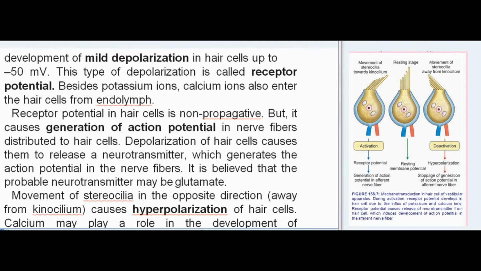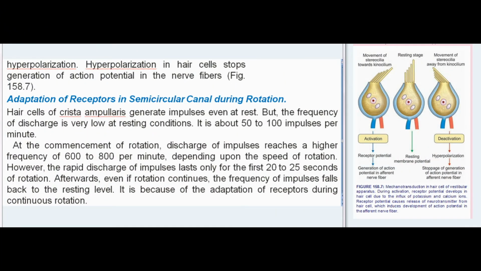But it causes generation of action potential in nerve fibers distributed to hair cells. Depolarization of hair cells causes them to release a neurotransmitter, which generates the action potential in the nerve fibers. It is believed that the probable neurotransmitter may be glutamate. Movement of stereocilia in the opposite direction, away from the kinocilium, causes hyperpolarization of hair cells. Calcium may play a role in the development of hyperpolarization. Hyperpolarization in hair cells stops generation of action potential in the nerve fibers, Fig